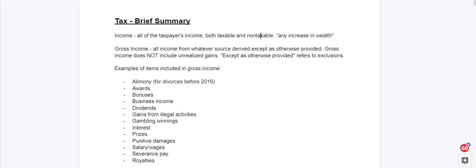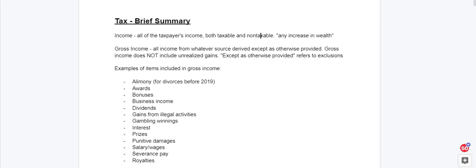Because of that, your gross income will never be smaller than your taxable income. Actually, in fact, your gross income will always be higher than your taxable income. And that is, of course, because when you try to calculate your taxable income starting from gross income, again, you take measures to reduce that initial gross income figure.